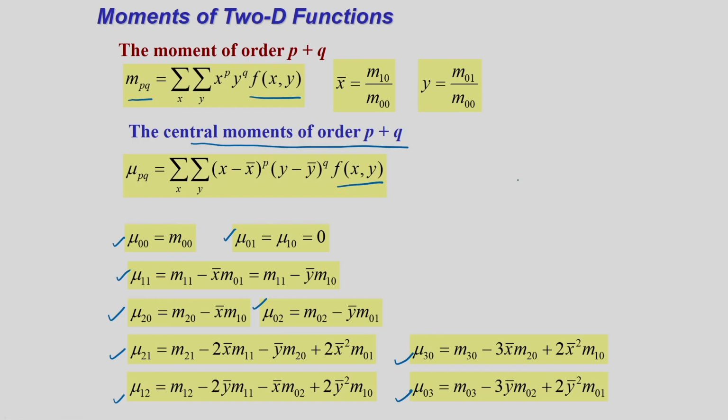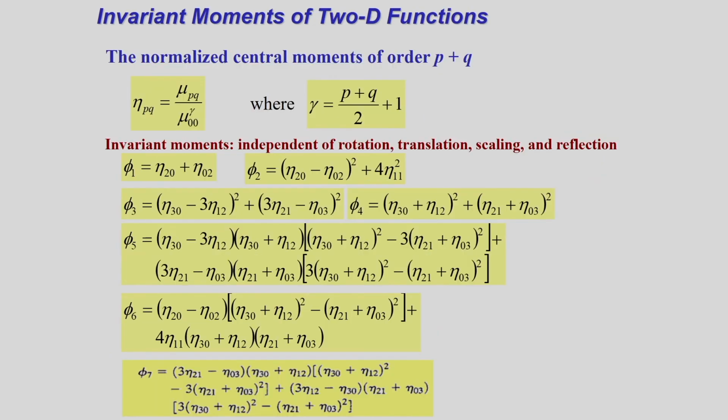So that means corresponding to a particular region, suppose corresponding to this region, suppose it is f(x,y). Corresponding to this f(x,y) I can determine these moments, I can compute the central moment of order p plus q, and I can determine invariant moments, that is, the invariant moment means it is invariant to affine transformation. So I can determine 7 moment invariants: phi 1, phi 2, phi 3, phi 4, phi 5, phi 6, phi 7.